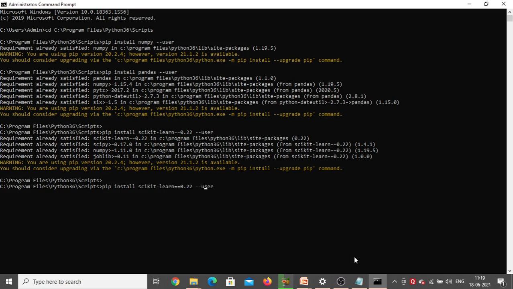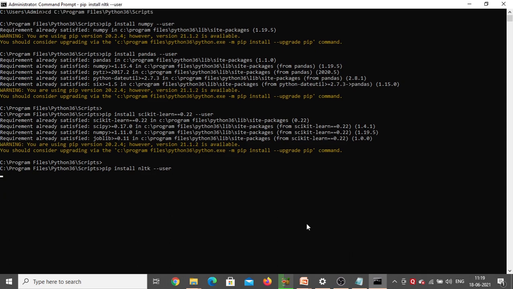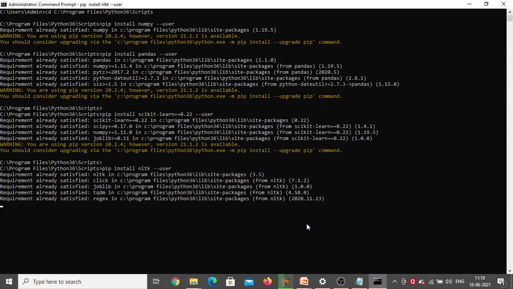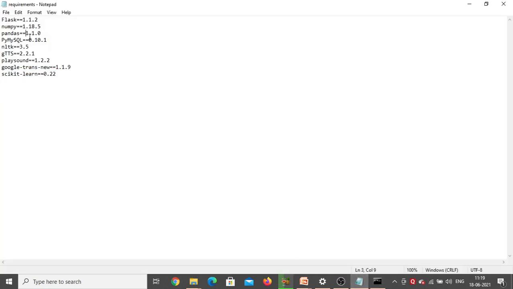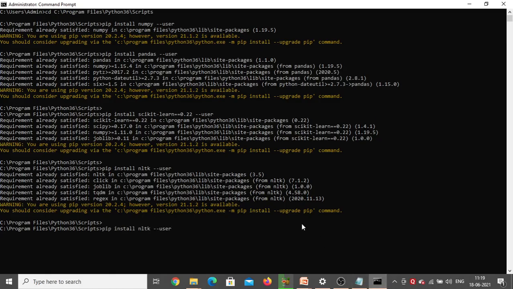Next we need to install NLTK. So pip install nltk hyphen user. Click on enter. Requirement already satisfied, so NLTK is also already there. So NumPy, Pandas, scikit-learn, NLTK are over. Now GTTS we need to install. The command is pip install gtts hyphen user.